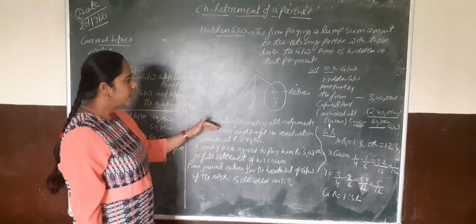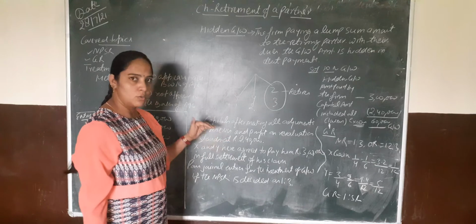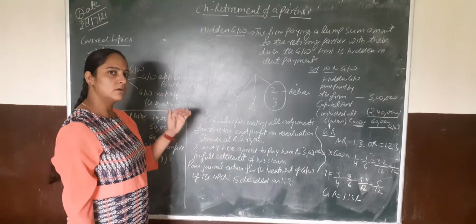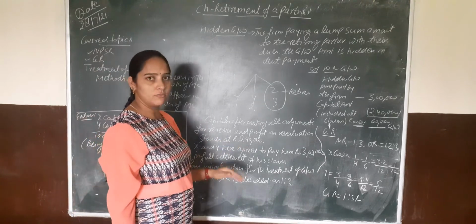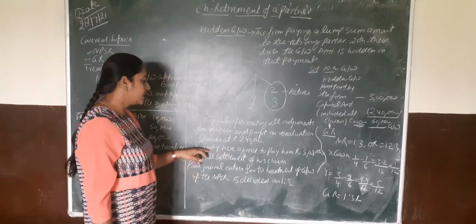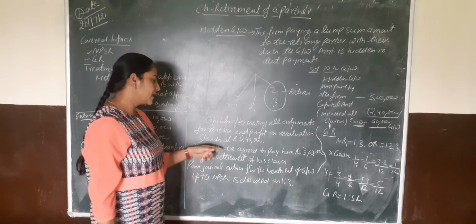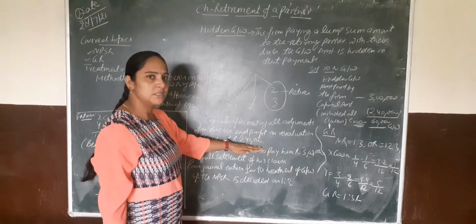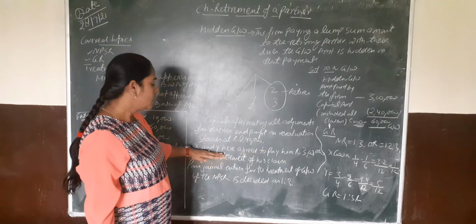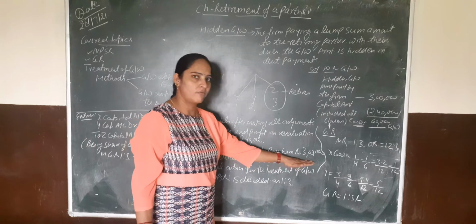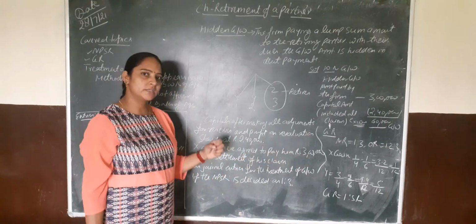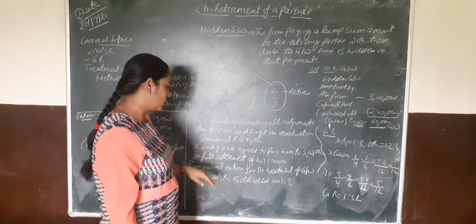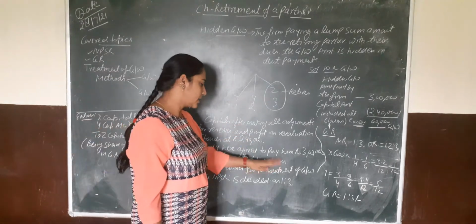So children, when Z has given notice for retirement, according to this the firm has to give 2,40,000 for his claims. But X and Y have agreed to pay him rupees 3 lakh. So his claim is 2,40,000, but now X and Y have given 3 lakh rupees for his claims. So according to this, an excess amount of 60,000 has been given by X and Y in favor of Z, in full settlement of his claim.